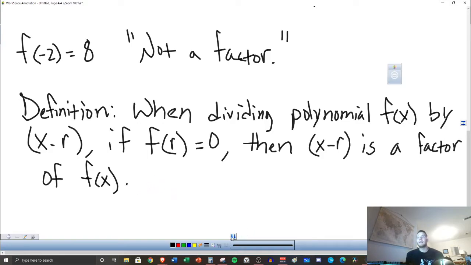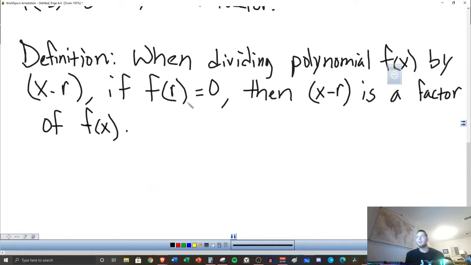Okay, that's the official rule here. So it's very important to understand this right here. Anytime I'm plugging in a value, we're checking to see the remainder if we plug it into the function. Here's the other, we say likewise,